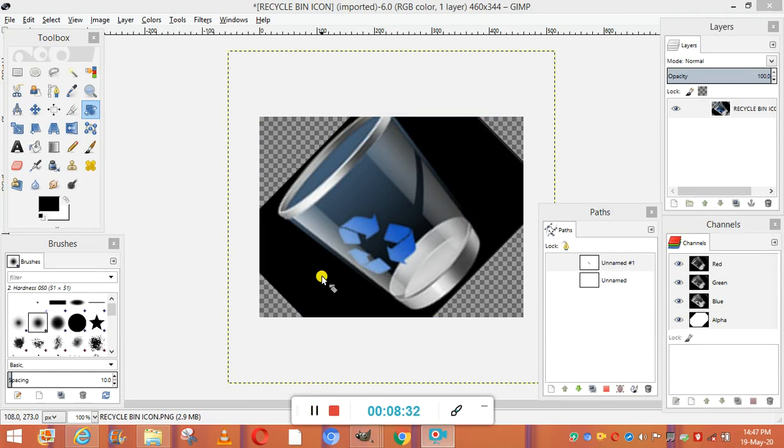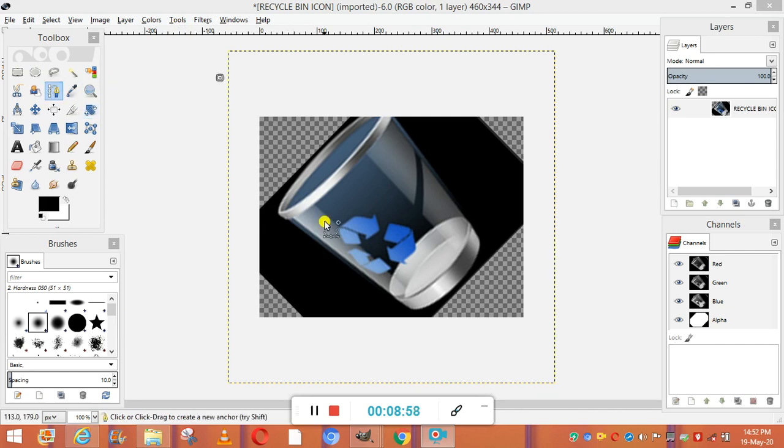The other thing is stroking the path. A path can be converted into different line styles using various colors, patterns or paint tools. To stroke a path we will create and select the path. We will go to the toolbox again, then tool options, and under the path we will click the stroke path button. Then we will select the solid color or patterns, and from the line width drop down we will click the up or down arrow to change the width of the paths.